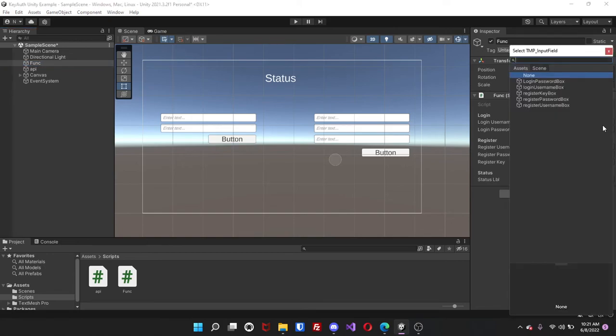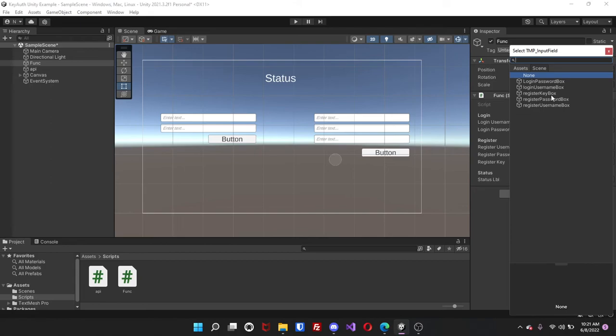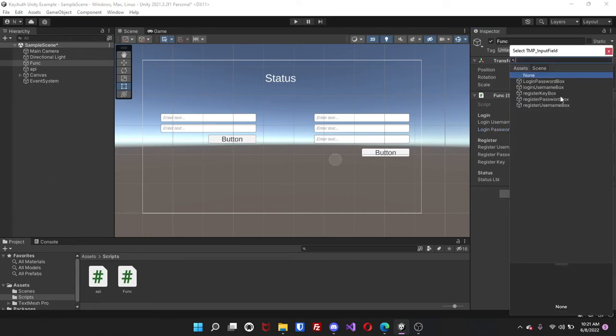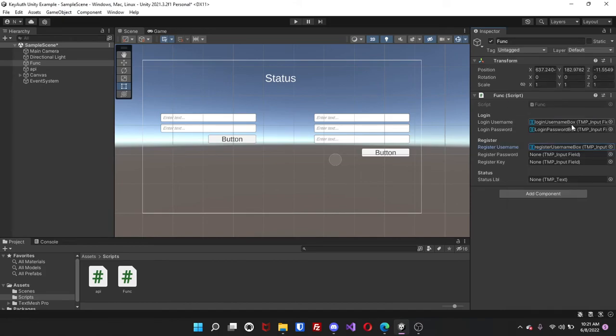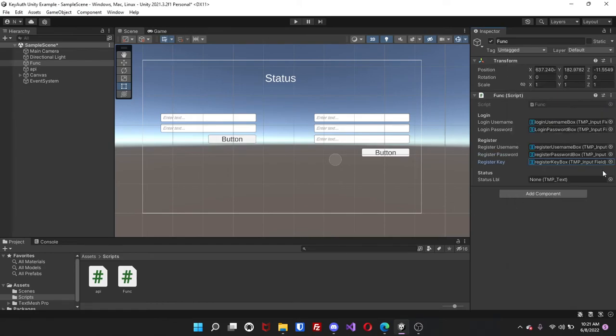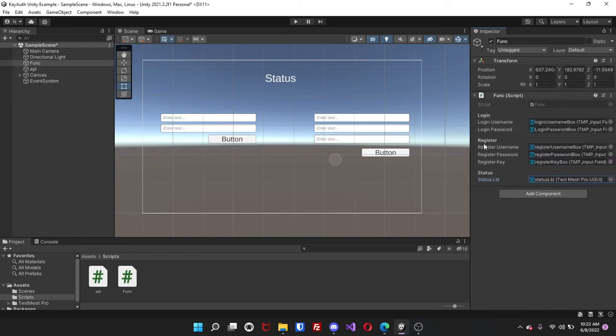So the login username, the login password, the register username, register password, register key, and then the status label. So that's pretty much all you have to do for that